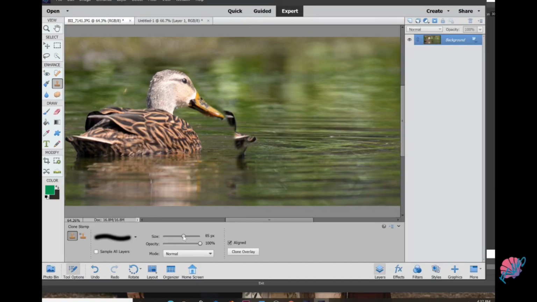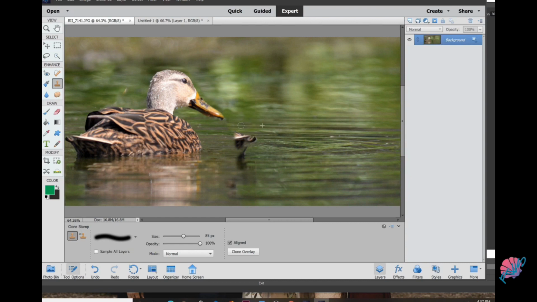So I want to make it a little bit bigger. So I can again hold down my Alt key, click my mouse and hold it and slide horizontally, lift up on the Alt key, click my mouse, continue to slide,